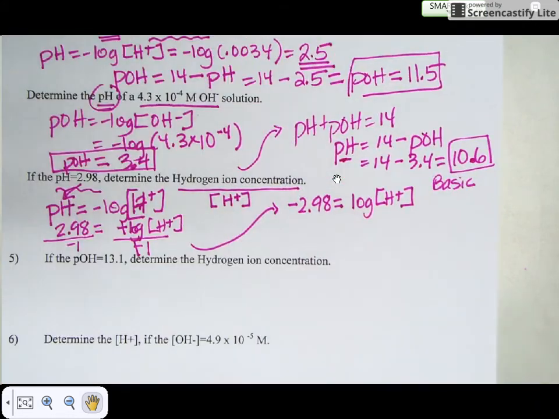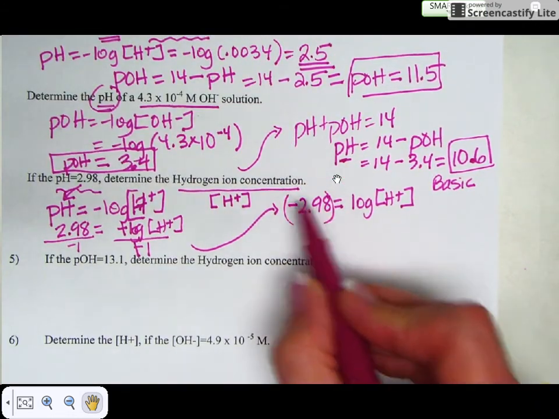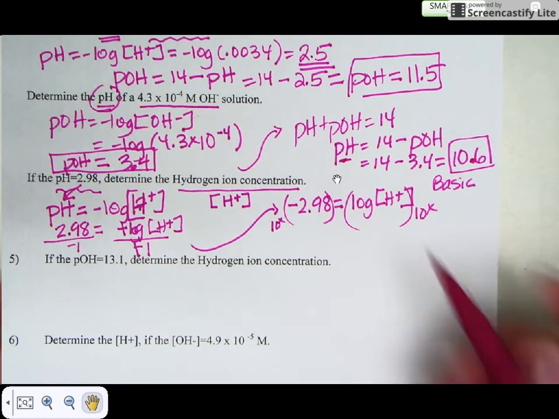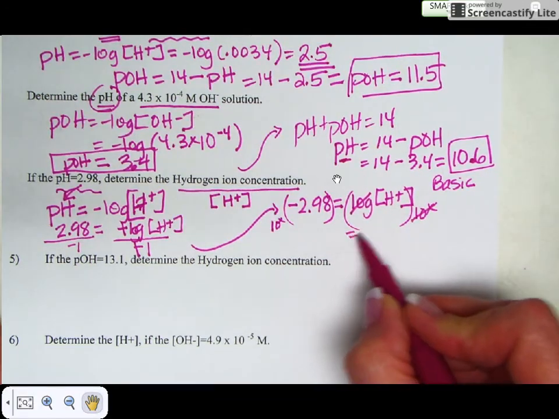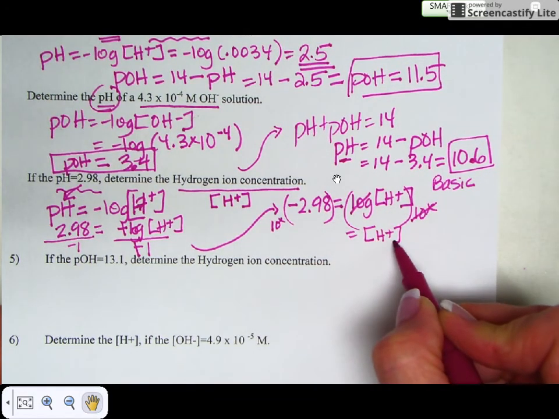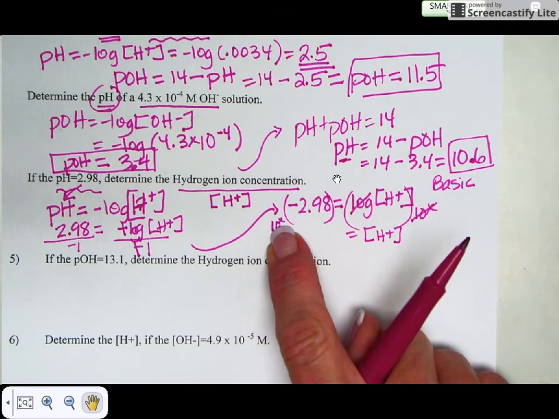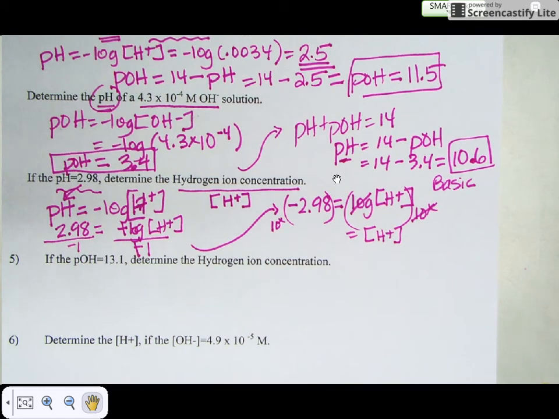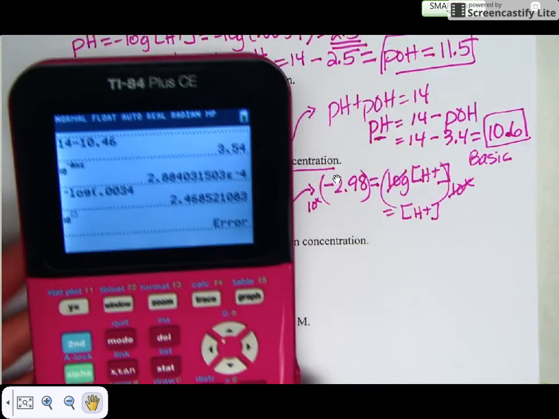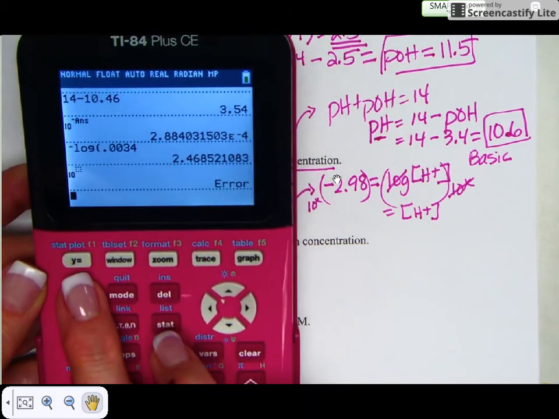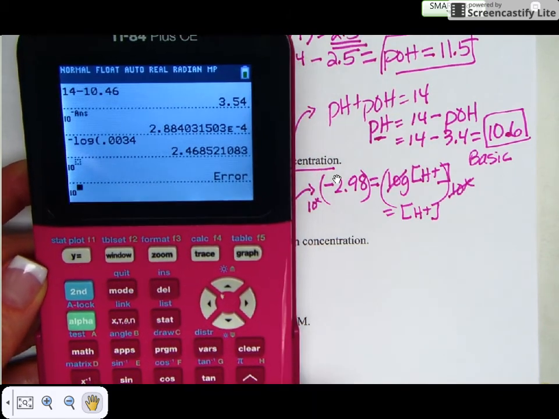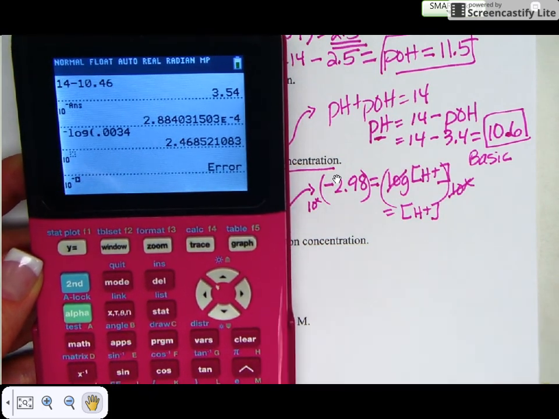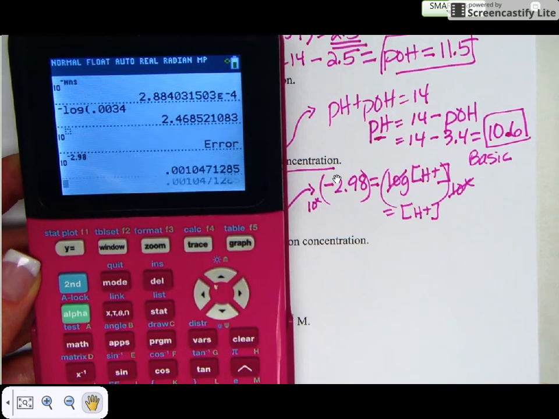Okay. Now, what we're going to do is take the anti-log 10 to the x, and what that does is it gets rid of log on this side, and it isolates your hydrogen ion concentration. So the anti-log of a negative 2.98 is what we need to plug into our calculator. So let me again show y'all how to do that. So for this, you're going to go second log of a negative, it's your negation sign, 2.98 equals. Now,